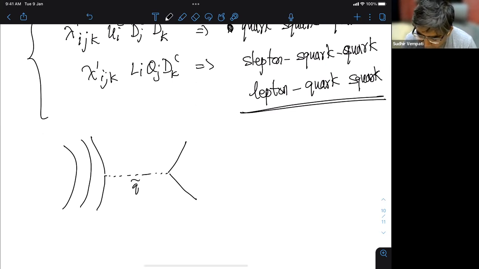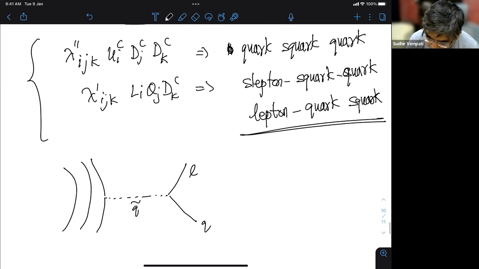So this will be some Q tilde, say, for example, and this will be some lepton. Okay. And this will be some other Q. So you can have a lambda double prime coupling and a lambda prime coupling. So if you have such an interaction,